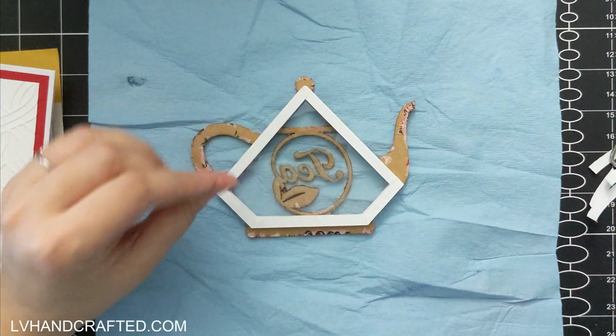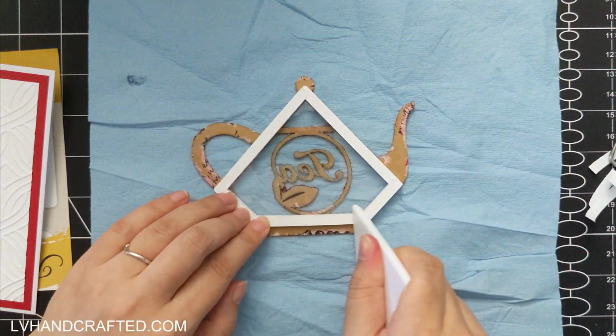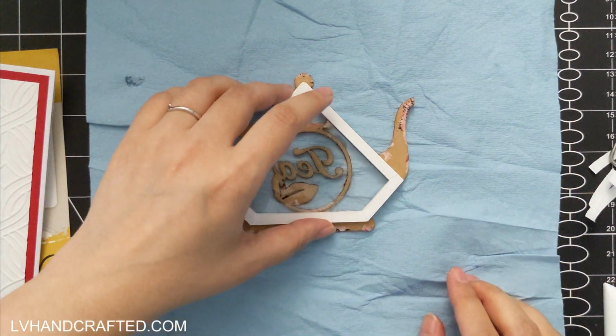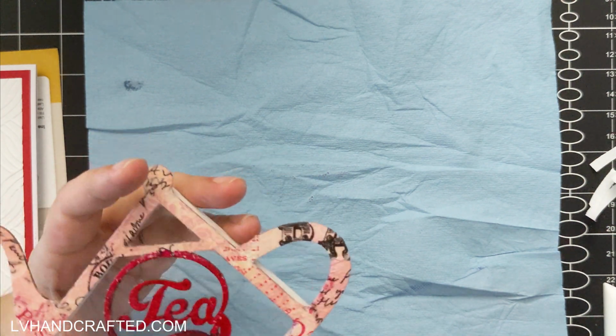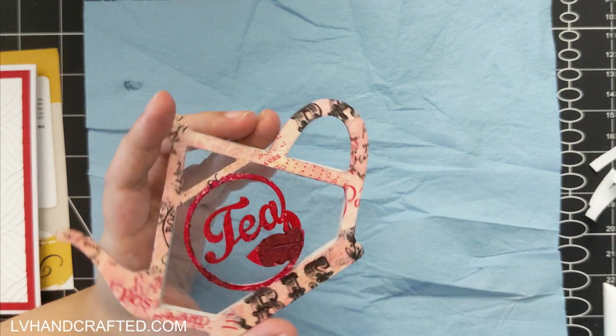So this is pre-cut for you. It comes in the shaker kit. It's very dimensional. I think the packaging says that it's actually 3 millimeters deep. And so